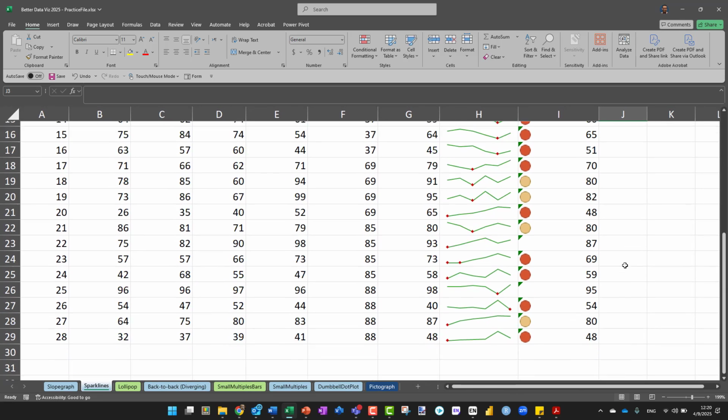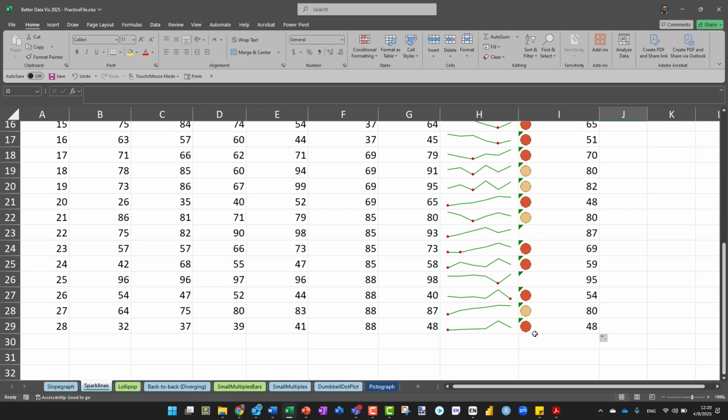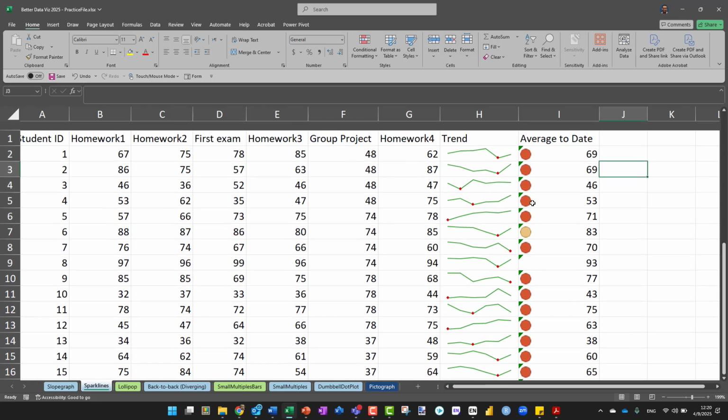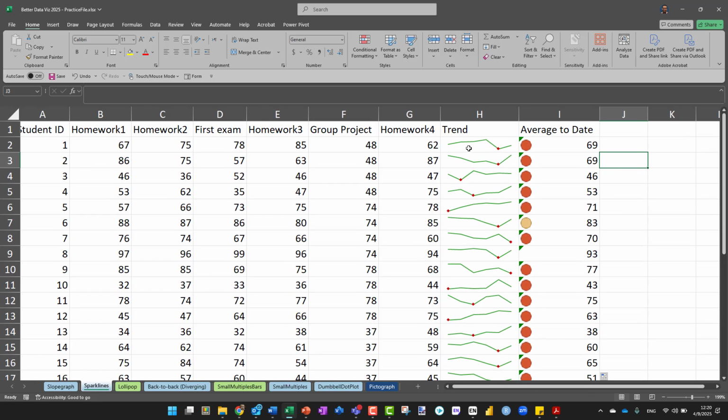But anyway, so these are the indicator. That's how you get indicator dots and trend lines. Did you guys get the same? Now,